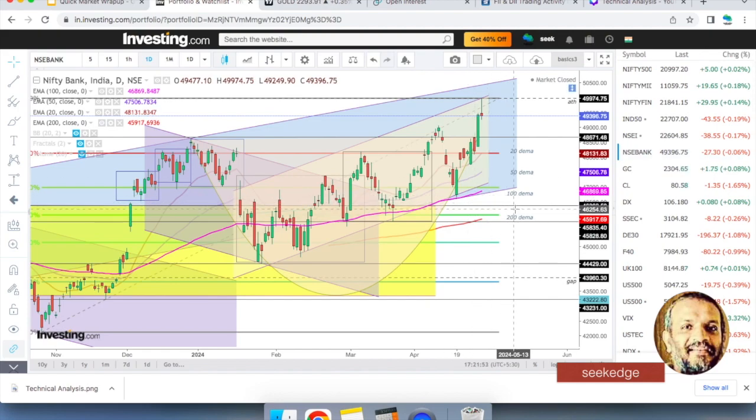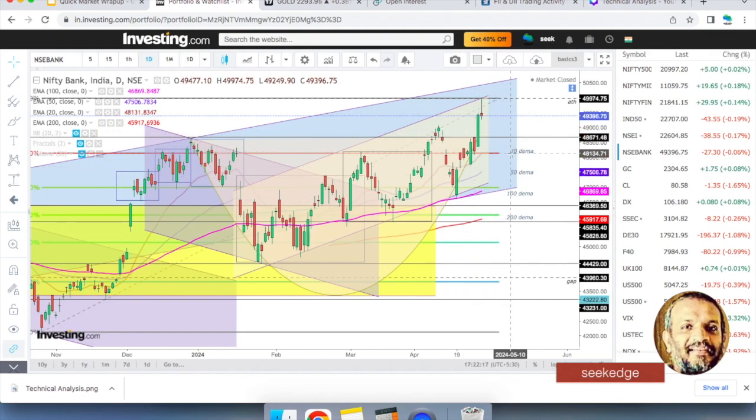Banknifty, if you look at the supports, the first one would be the 49,000 big number. That is also a breakout zone. The previous high is seen there, so 49,000 is going to be some kind of support, and if that breaches, the neckline of the rounding pattern comes at the 48,900 zone, that will be a good support zone.